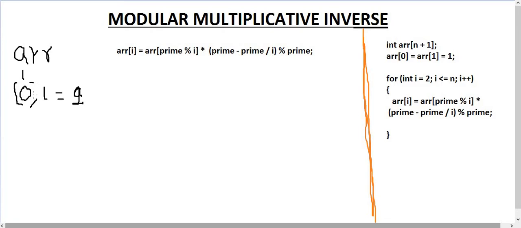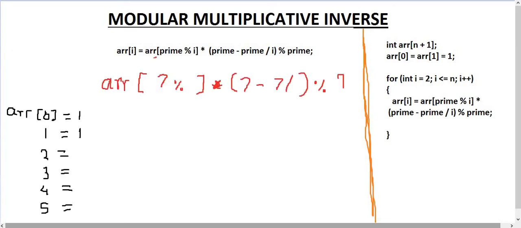After that we start iteration from 2 and store the particular value for that number in the ith position of the dynamically created array. So, modular multiplicative inverse using dynamic programming: we initialize array of 0 and 1 to 1, and we'll check further values.